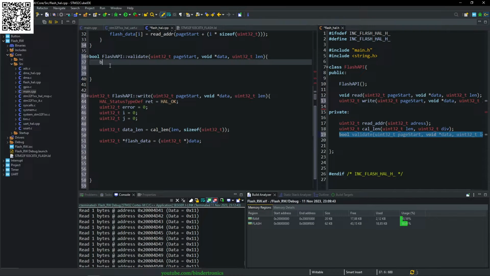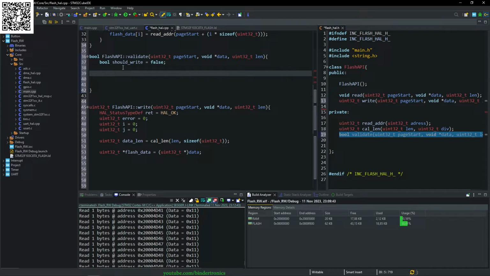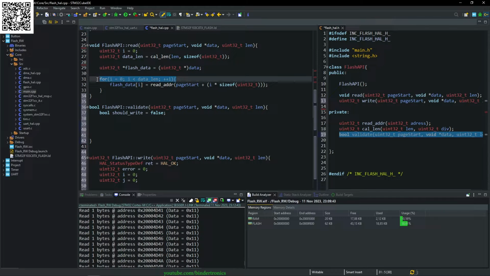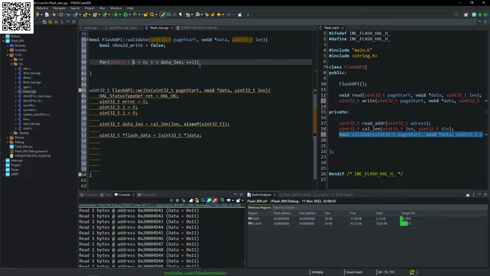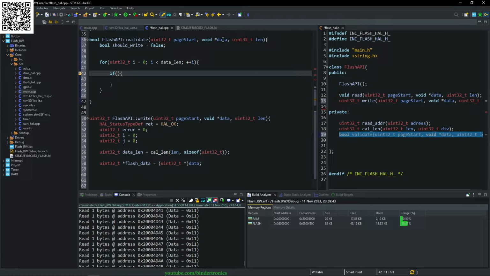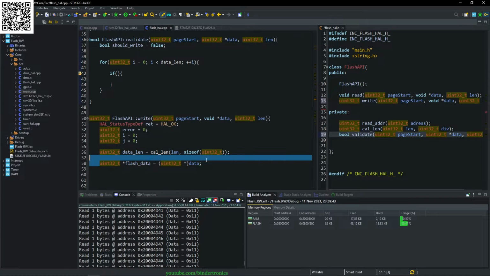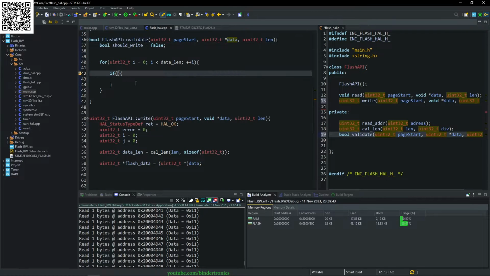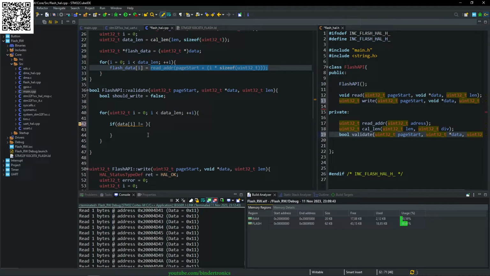All right. And then we declare a boolean inside, and we say should write, and that's going to be automatically equal to false. So if we don't need to do a write to the flash, we skip this process. We get a for loop, and we're going to say uint32 i. Actually, I lie, this needs to be a uint32, so then we don't need to do this cast over and over again, because this is a private function. We assume the data is going to be in the correct format. Okay, then we say our data at our index, if it is not equal to our read data,